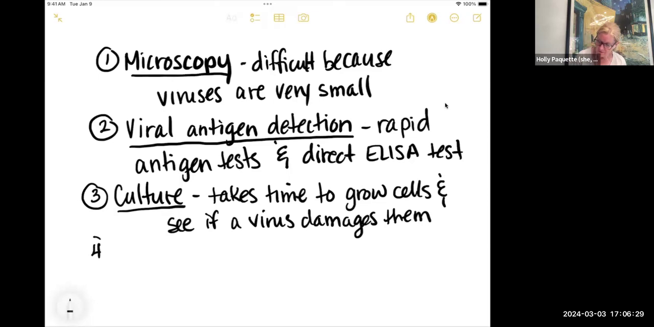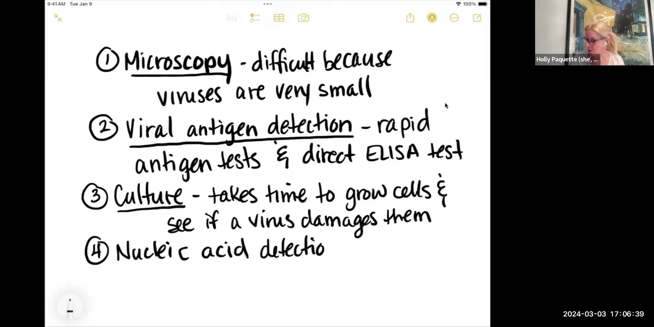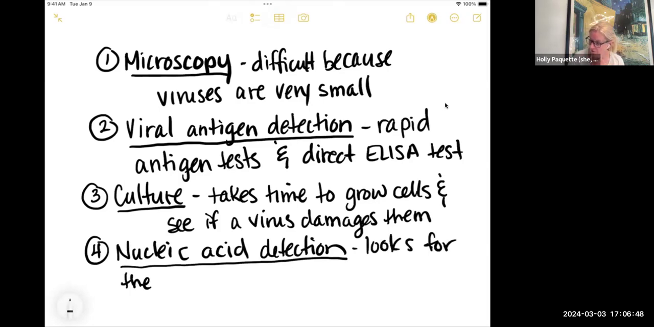The fourth way that we might do this is what is called nucleic acid detection. Nucleic acids are things like DNA and RNA. So in this case, we would be looking for the viral genome. Now, the really cool thing about this, and I'll have a video up this week along with some videos on ELISA and rapid antigen testing so that you can see how these work,